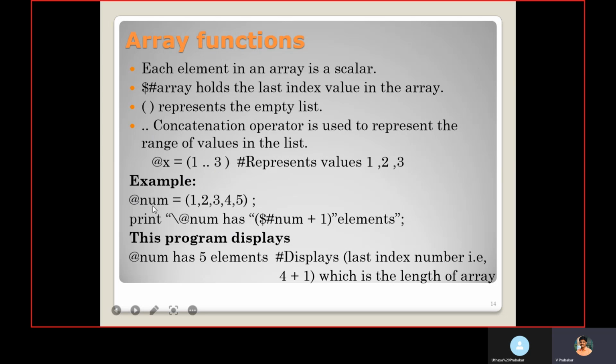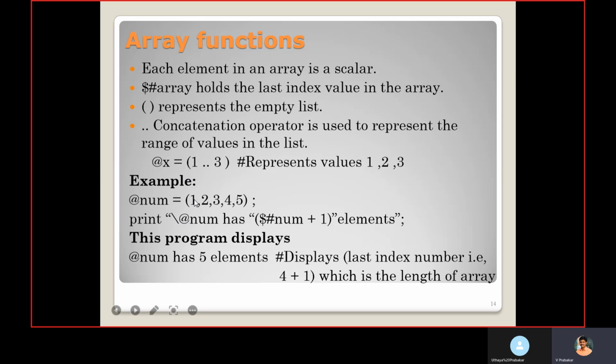An example, @num equal to 1, 2, 3, 4, 5. Print \@. So this @ will be treated as a literal @ and it will print as @ itself. Num has, using this $#num, I can get the last index value.